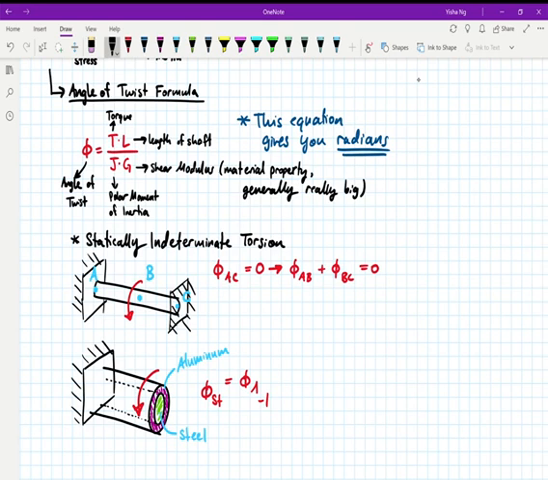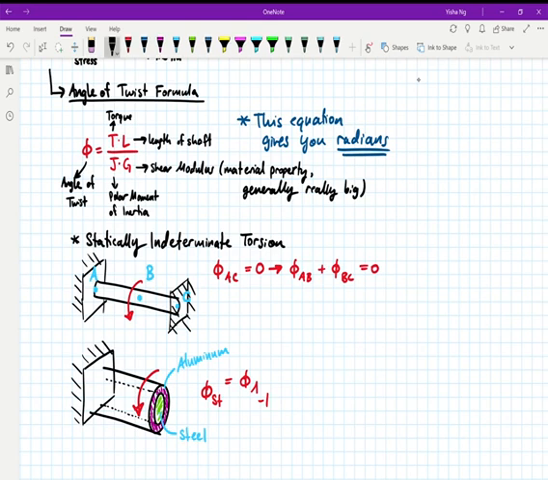And then you can take your phi AC and break that down into parts. So we can say I know that the angle of twist from A to B plus the twist from B to C has to equal 0, because I know that the angle of twist from A to C is equal to 0. The other statically indeterminate problem you might see is something where you have a compound bar,